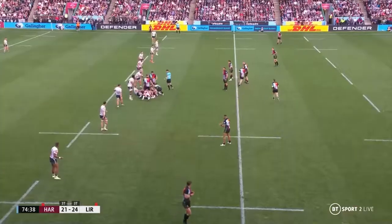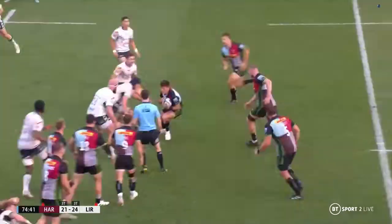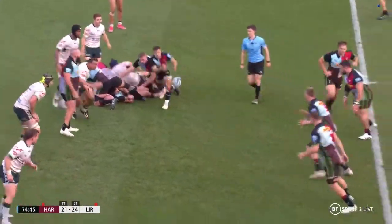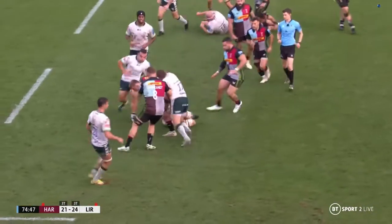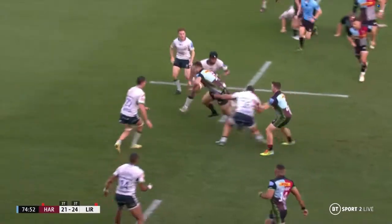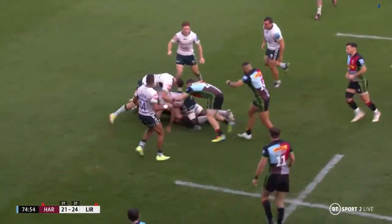Look where your knee is. Allen from a standing start. It's all a little stationary at the moment. It really is, and how you manage this middle quarter, you can't be giving away a penalty with a 3-point margin in this, but Quins getting through the phase is trying to create that quick ball momentum, but London Irish